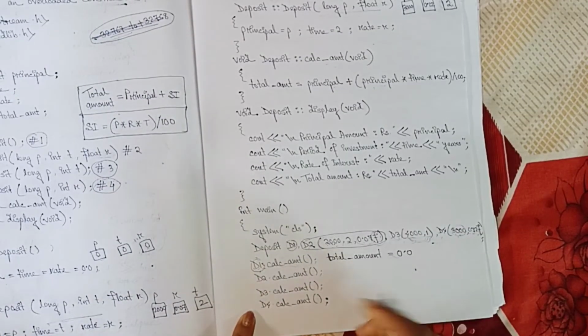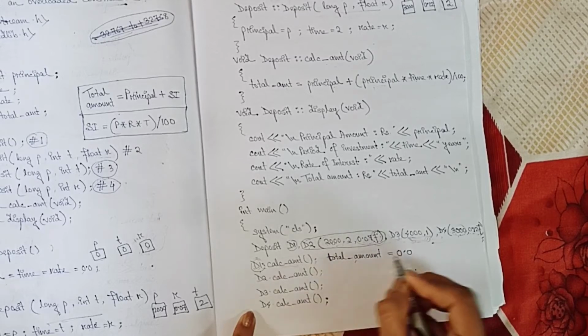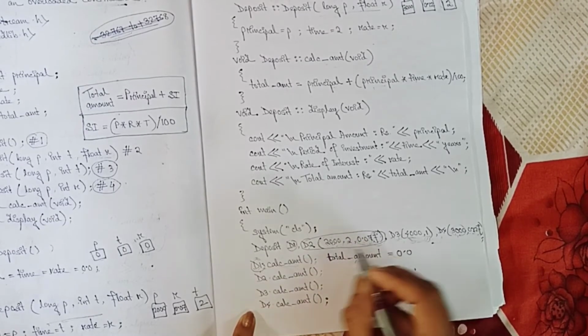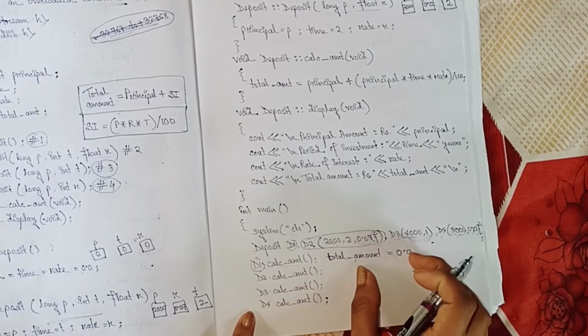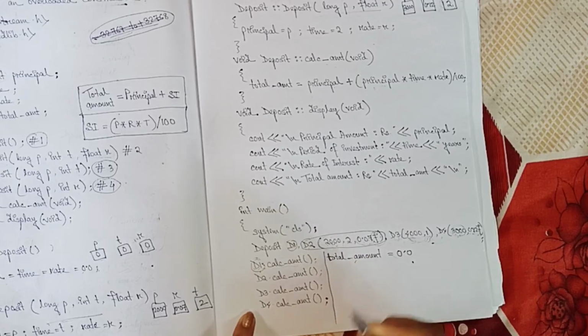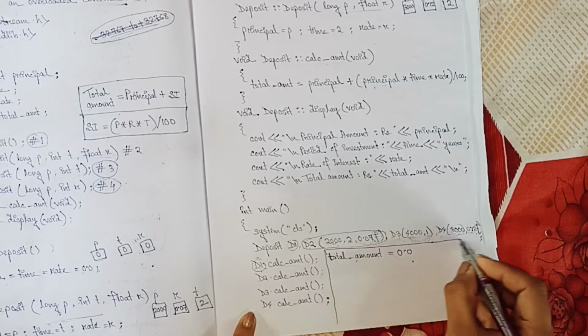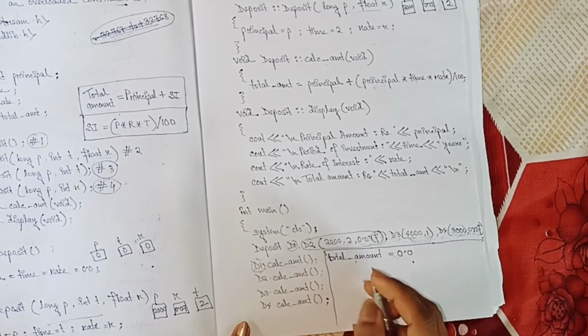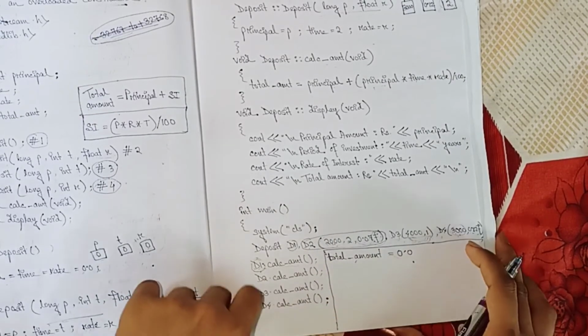This is not the original one. This is not your original program, this is just the output. This is just the memory locations, and what value will be stored in these particular memory locations, that I am showing. So you don't include this in your main program. Your main program is this one, and this I am showing you for your convenience, for clarity.